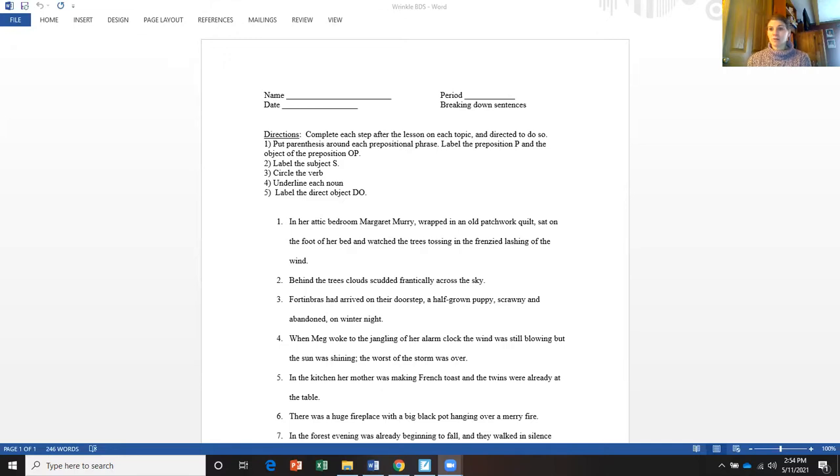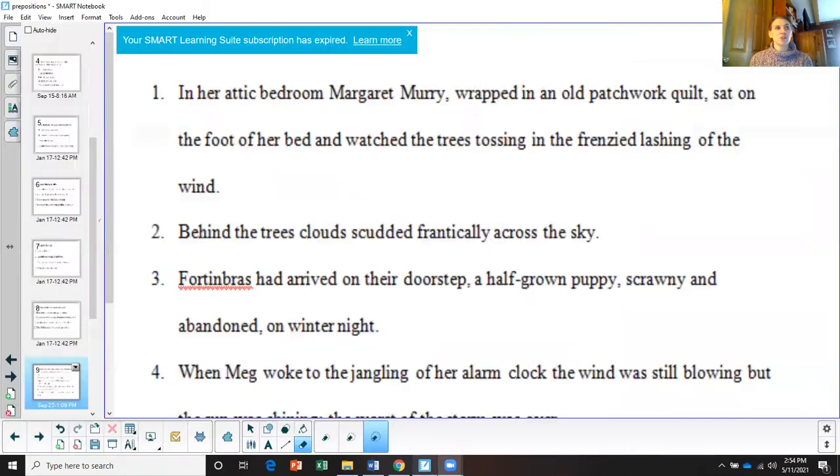We may also find in our examples that there is an indirect object. Now that we know how to do that, we could label it as well. Or perhaps we'll find it's not a direct object. Maybe there's a predicate noun or a predicate adjective that we could label. So we may or may not be able to do that. Let's take a look. I'm going to switch my share so that I have a way that I can edit